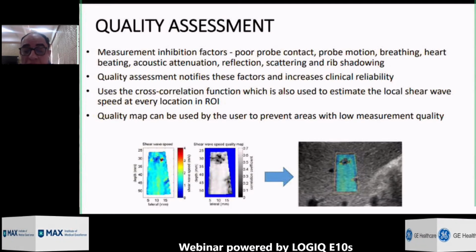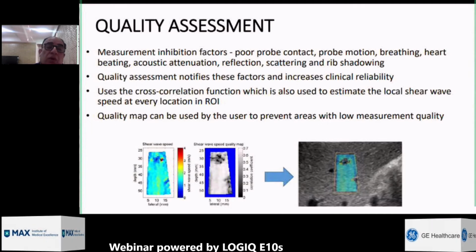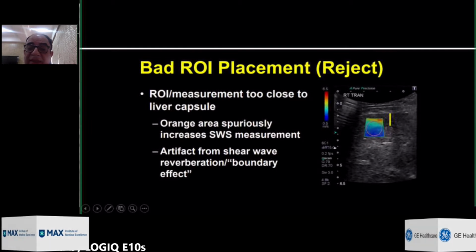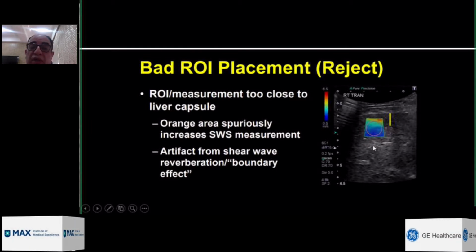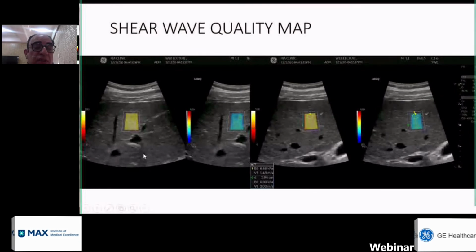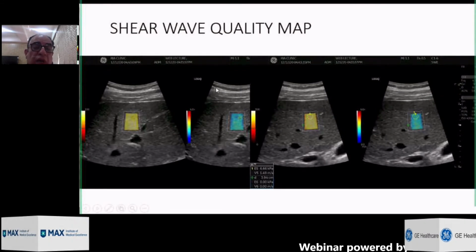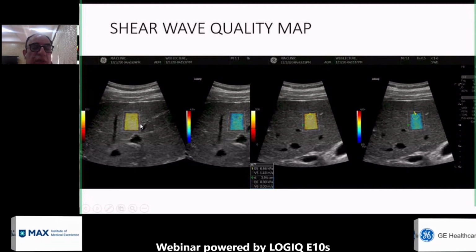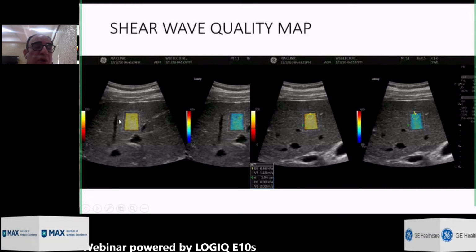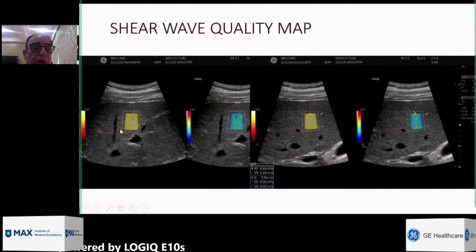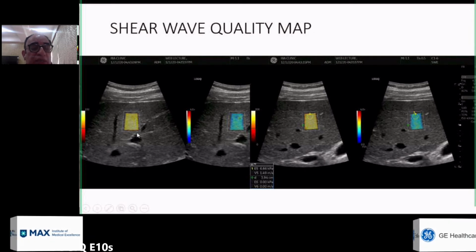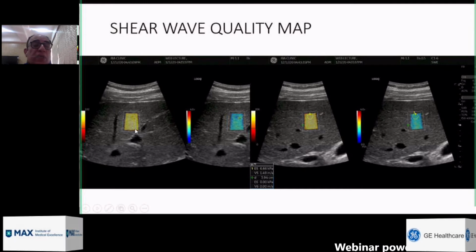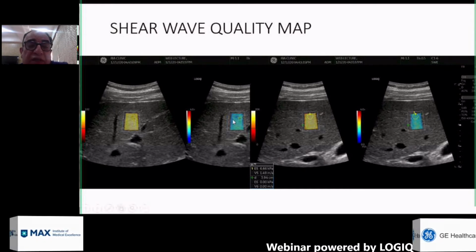So you have to have some kind of quality check to see whether you are correctly placing the ROI and whether it is possible. So this is a quality assessment. Now, what we do is we do a split image assessment after doing a regular ultrasound, and I think Nidhi also spoke about this. This is the quality assessment bar here, and if it's homogeneously yellow, we know we can rely on the shear wave quality,